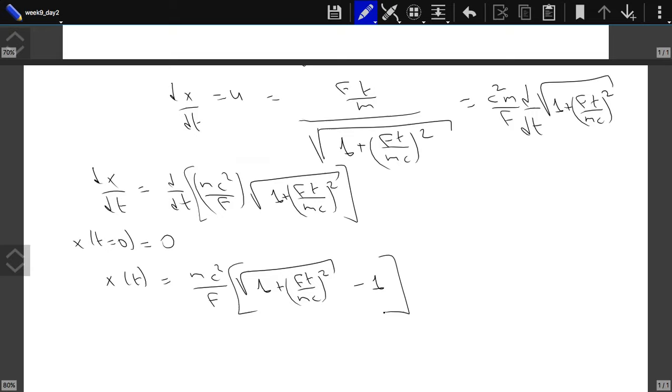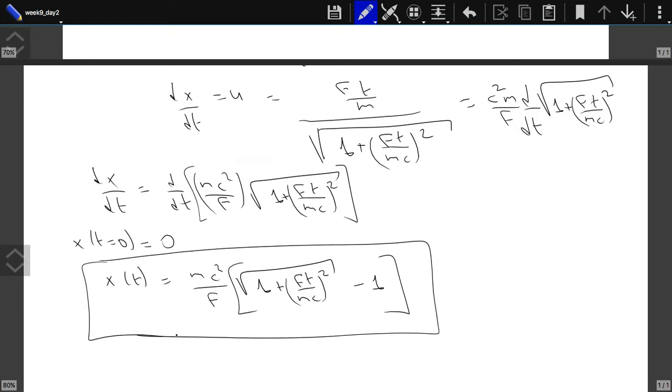So this is the trajectory of my particle. And we said that for very large values of t, in ordinary mechanics, if the force is constant, the acceleration is constant. Since the acceleration is constant, the velocity always increases linearly with time, and eventually it becomes faster than the speed of light. Here we see that the acceleration